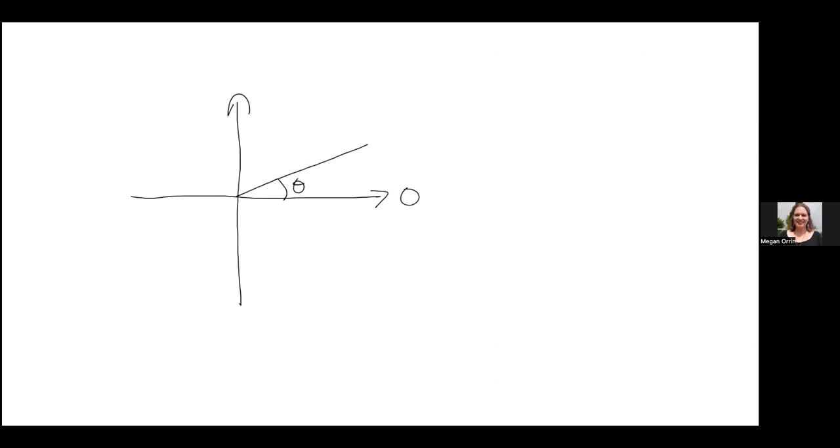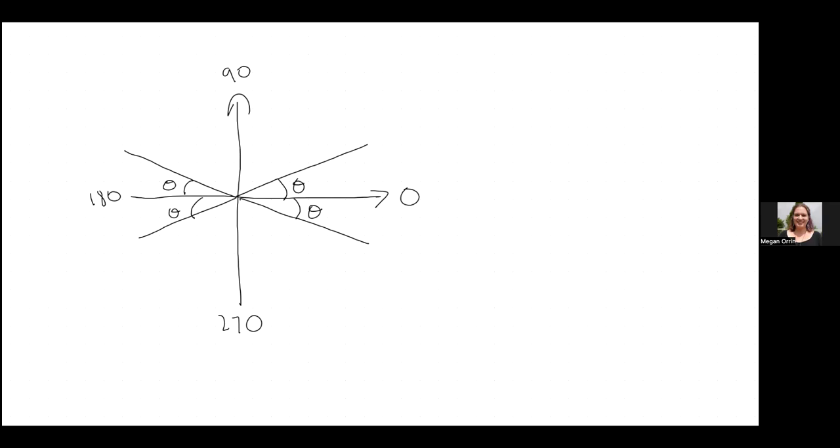So because this is 0 degrees, what does that make this? 90. And this is 180. And this is 270. Good. So if we're interested in how far away something is from the x-axis, this is an equivalent angle, right? Because it's this far away from the x-axis or the same on the other side. And the same is going to be true in the other direction. How far away is it from the x-axis and how far away on this side as well? So in either direction, we're just going from the x-axis to wherever we need to go. Does that make sense? So these four angles are equivalent angles,